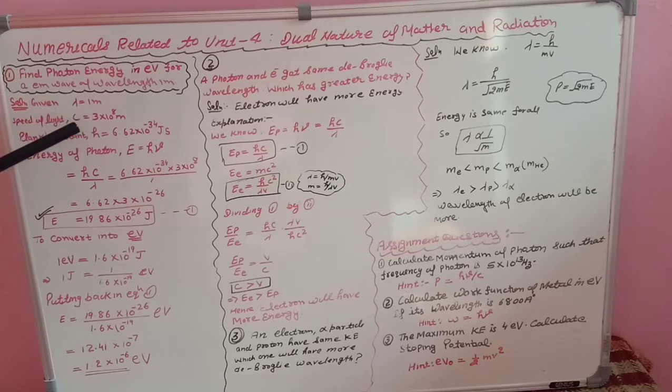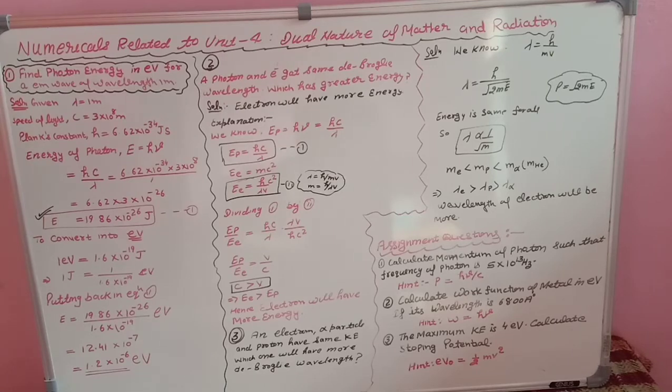That's why I have written their numerical values in the beginning only. First, the speed of light in vacuum, we denote it by the letter c, 3 into 10 raised to power 8 meter per second. Planck's constant, we denote it by the letter small h, equal to 6.62 into 10 raised to power minus 34 joule second. The energy of photon formula we studied when we studied the properties of photon. It is h nu. Nu means your frequency, and you know that frequency multiplied by wavelength is equal to speed. So frequency is equal to speed divided by wavelength. Remember, nu is equal to c upon lambda.